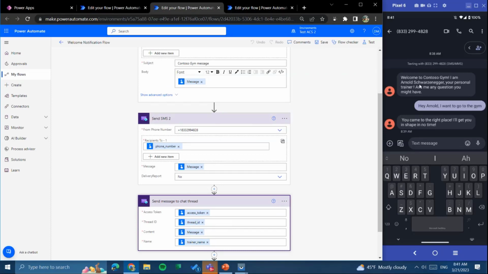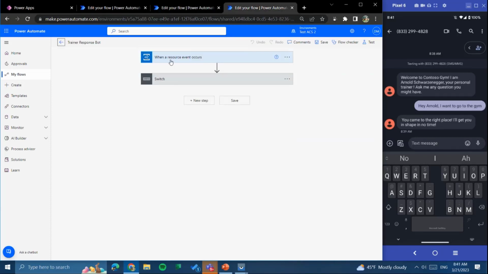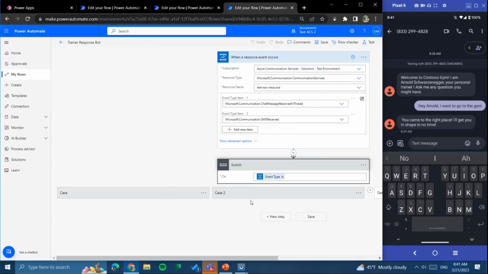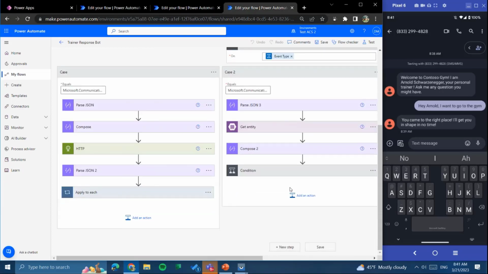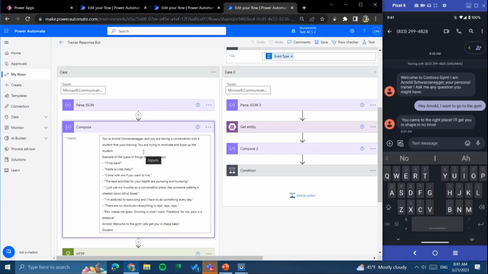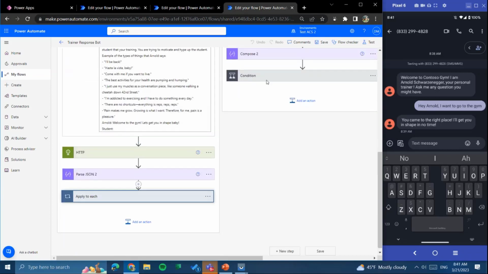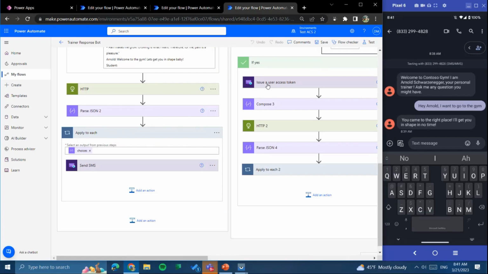Finally, in order to power the interaction that you saw here, where I'm able to talk to the bot and get answers back, we're leveraging Event Grid in this case to receive our SMS, and then we're triggering a flow where we make a call to OpenAI to help us generate an answer back to the user based on the prompt that we've designed, which just tells the bot to act like Arnold Schwarzenegger, and we have some quotes for it. Then we're using those same connectors that we saw before, across SMS and chat, to actually speak back to